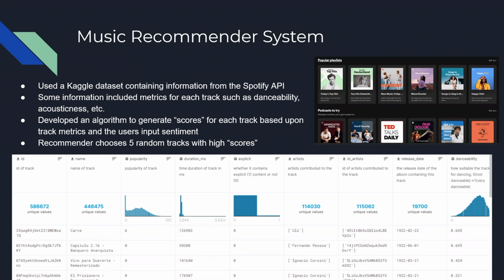As for the music recommender system, we found a very good dataset on the internet curated by a user on Kaggle, which uses the Spotify API, a music streaming service, to gather tracks into a dataset containing about 600,000 songs. Because there were that many songs, we decided to cut down the number of songs to around 22,000